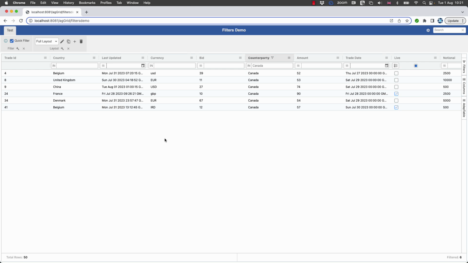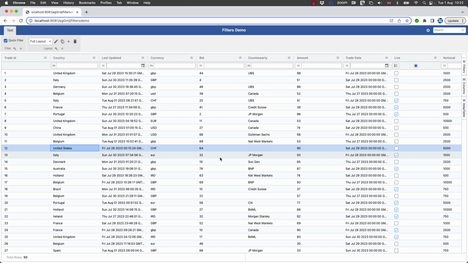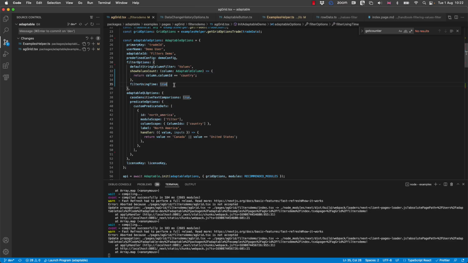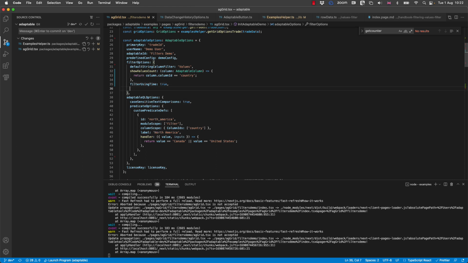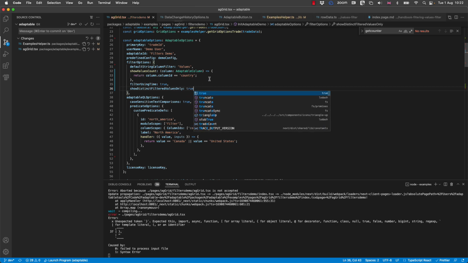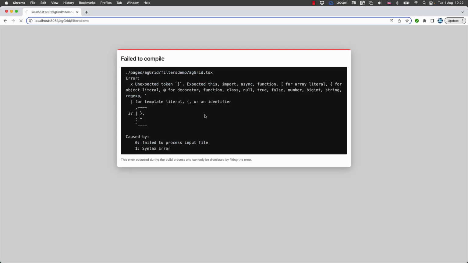So again, how can we fix that? The way you do it is through another property in filter options called show distinct filtered values only, which, as the name implies, only shows me filtered values. The default is false, so I'm going to set that to true. And now by setting that to true, when I reload my grid,